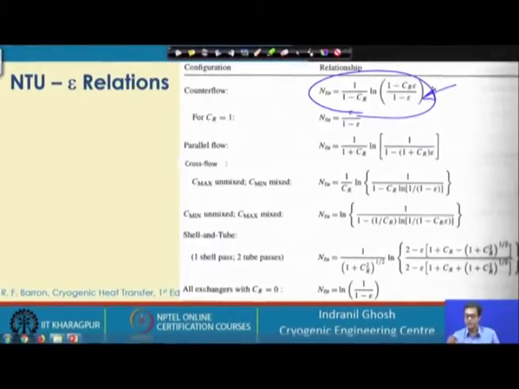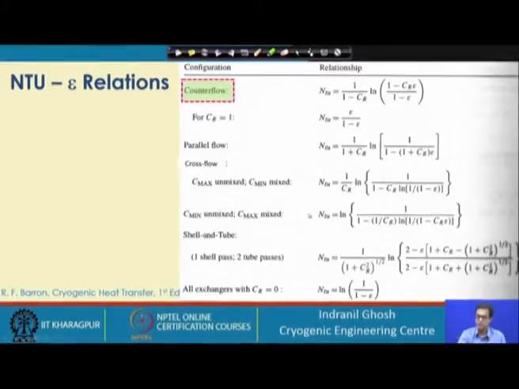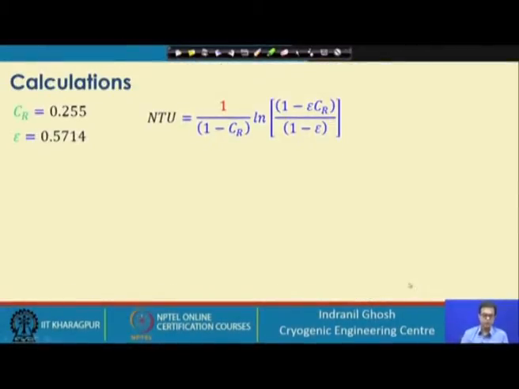In this equation we know CR and we know epsilon, so for this counter flow heat exchanger we use this expression for getting the NTU value. With CR equals 0.255 and epsilon equals 0.5714,